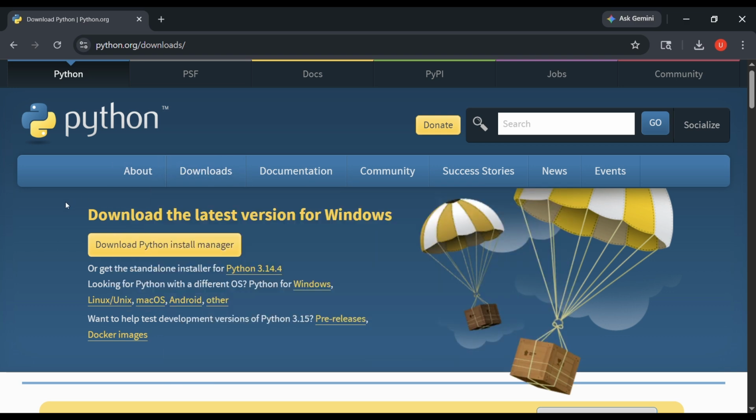Once you are in the downloads tab, go to download Python install manager. Click on it. And then on the downloads tab beside the search bar, it gets downloaded. Since it is a private tab, you guys can't see it. You have to click on that thing and then another dialog box appears. Since it is also another private tab, you guys can't see it. So once you